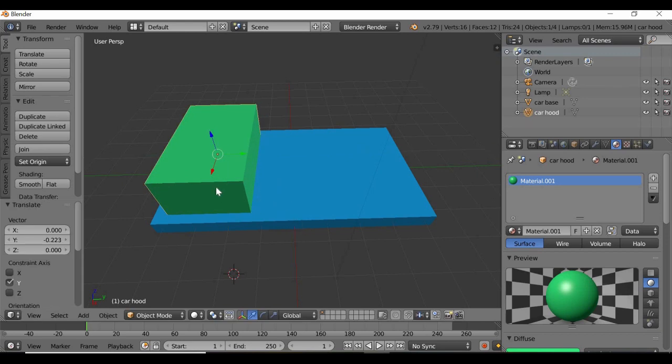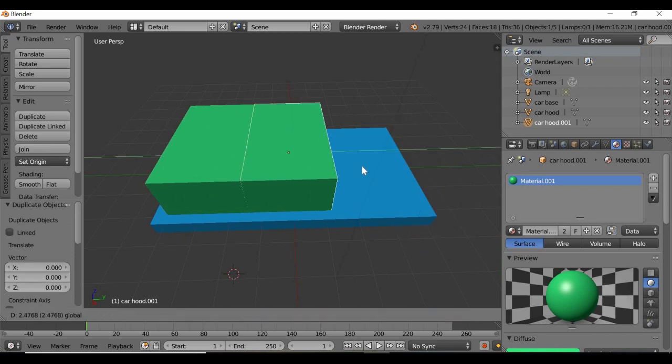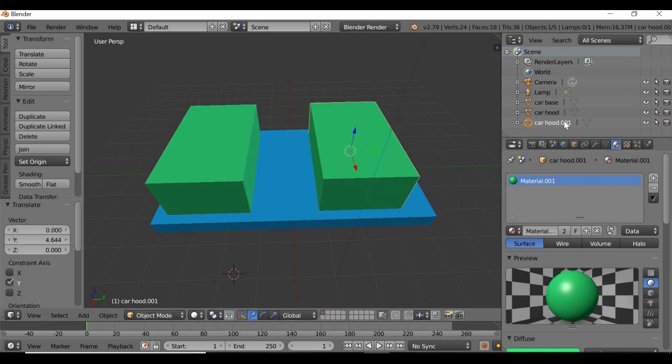Now again we need more cubes, so we can again duplicate and I'll right click and move it. This is our seat. So always remember to name your objects. If you're creating an interior scene or an exterior scene, you may have tens of hundreds of objects. So later on you will realize why it is so important to name your objects so that you can organize your scene. You should always be organized. So this is the car seat,